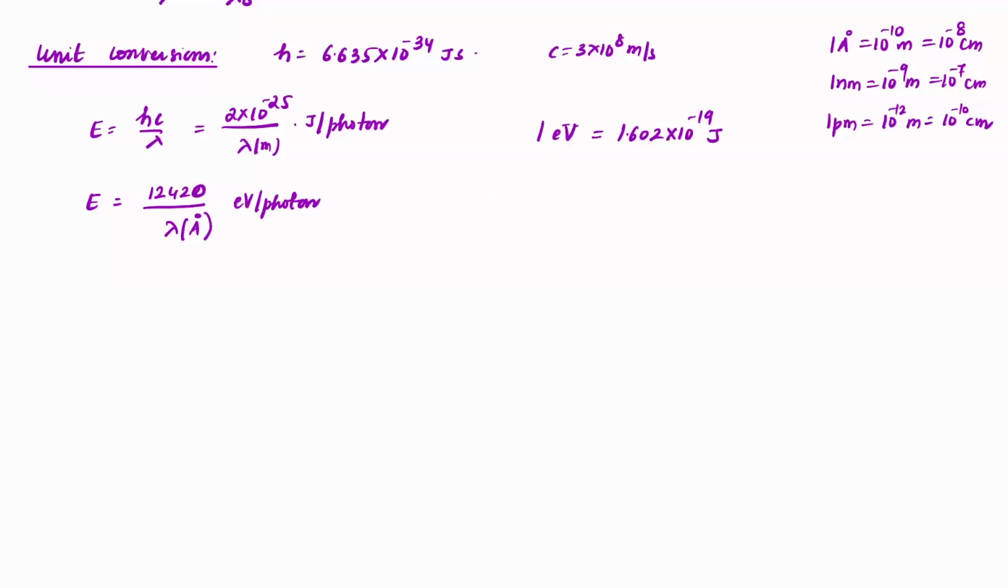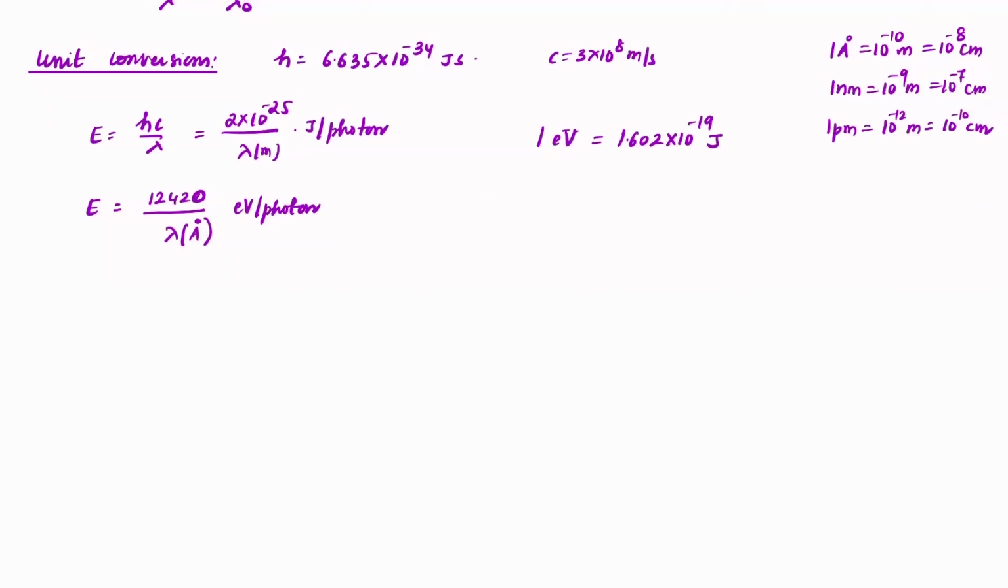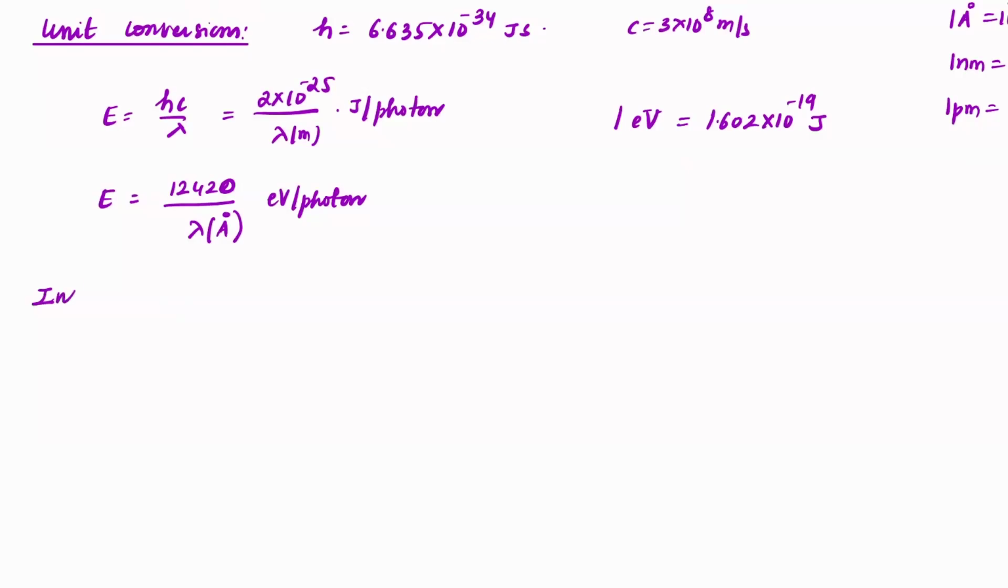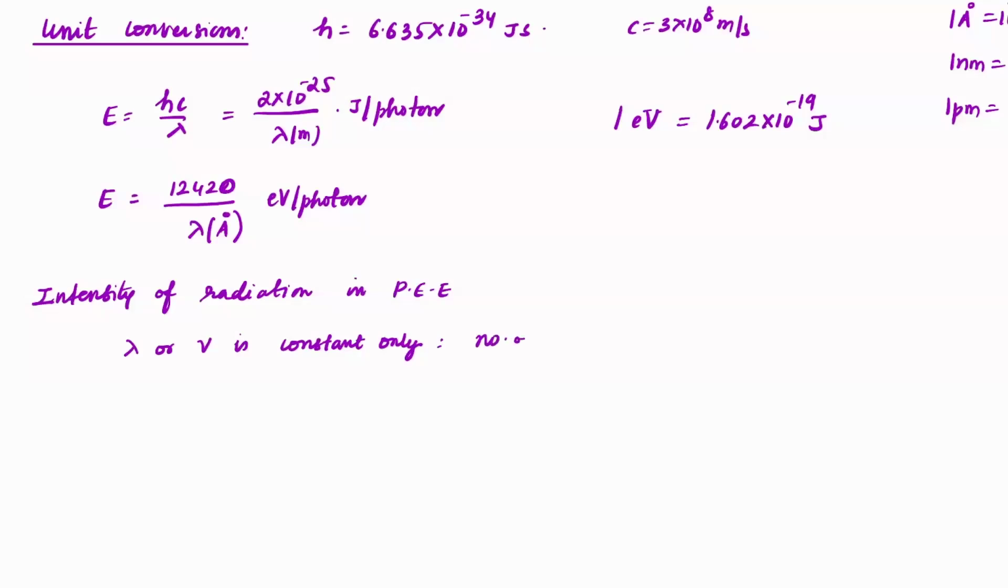When it comes to intensity of radiation in the photoelectric effect, you will see lambda or nu is a constant value. This is constant only. Okay. But the number of photons are changing,